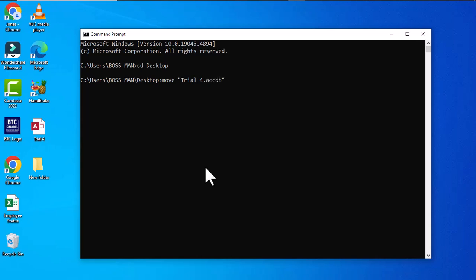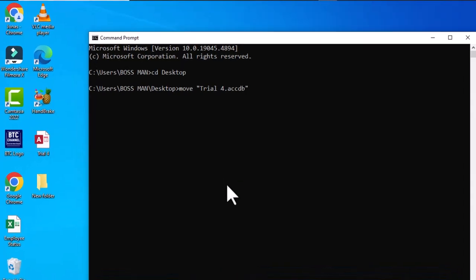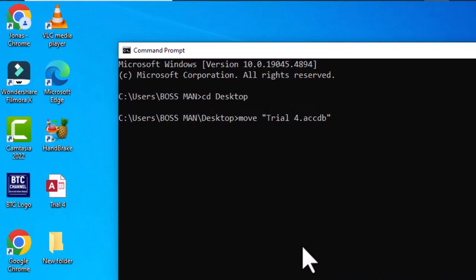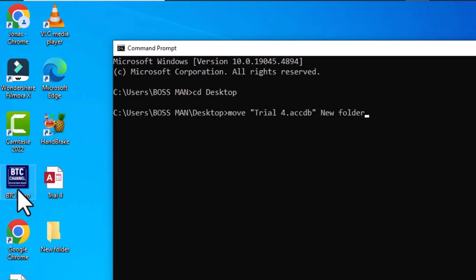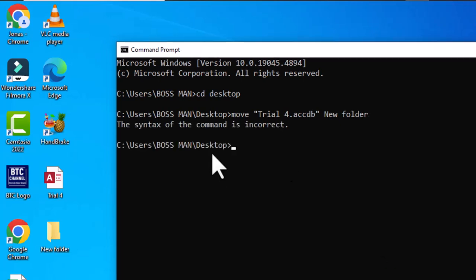So I have trial 4 with the extension accdb, and that is placed in quotation marks because there are spaces in the file name. Then I'm going to press the space bar, and then I'm going to type the name of this folder. Now check out this command, and also look at what is going to happen on the desktop. So if I hit the enter key,